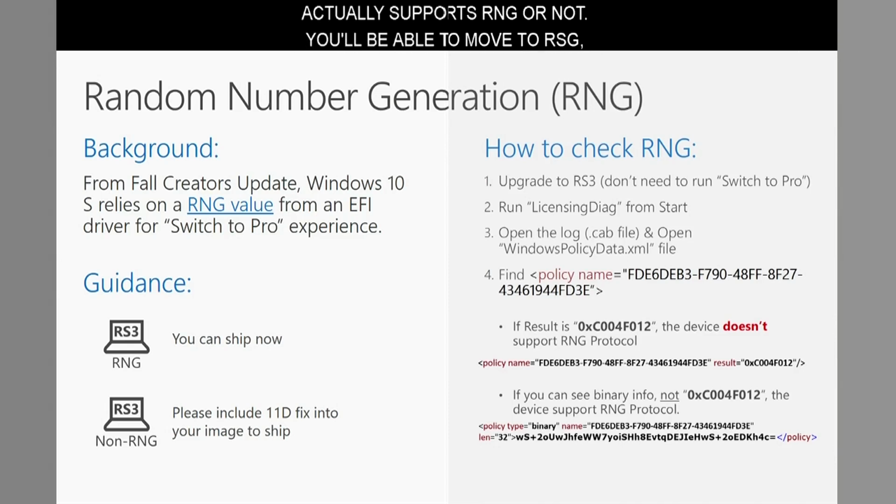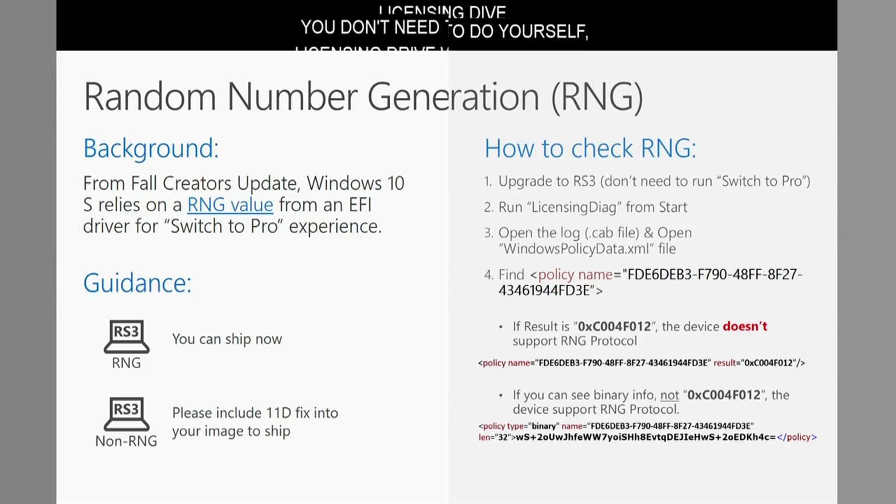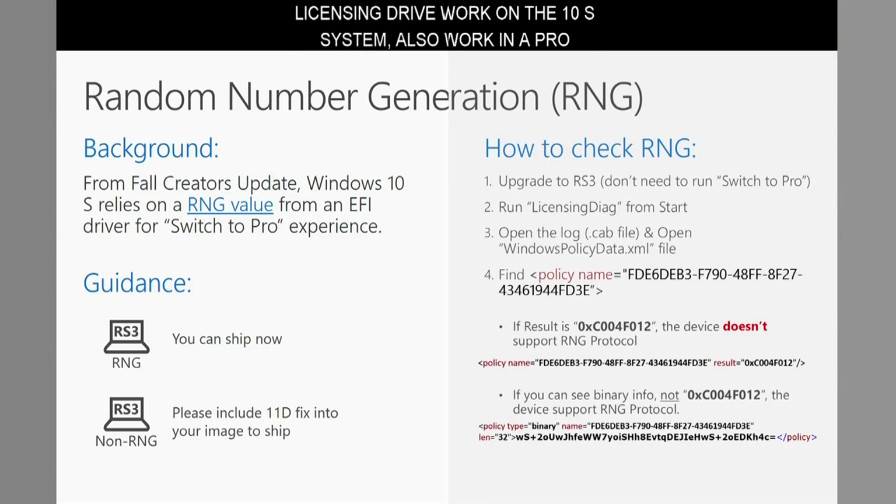So licensing diag works on the 10S system, and you can also run it on a Pro system, but you don't need to. You only need to do the RS3 image. Run licensing diag from start, open the log file, which is the Windows policy data.xml file. Please find the policy name